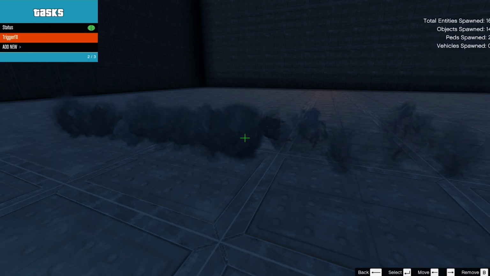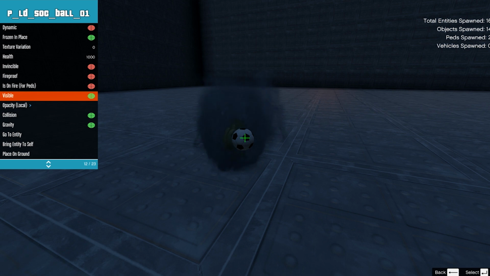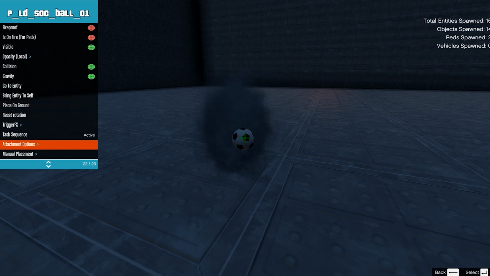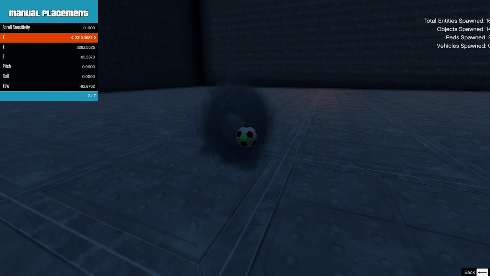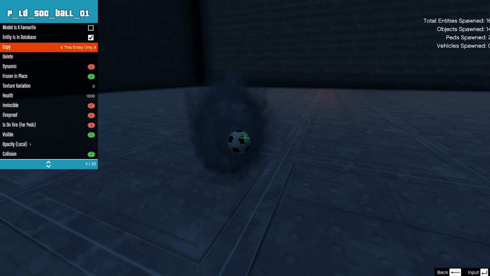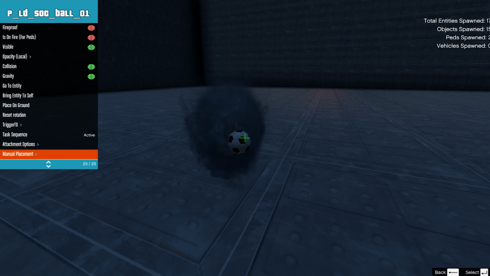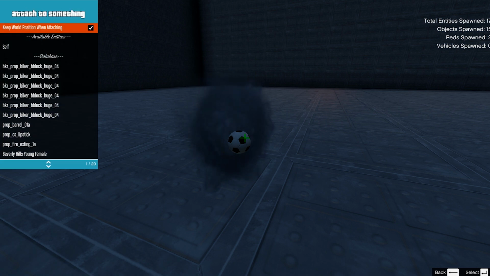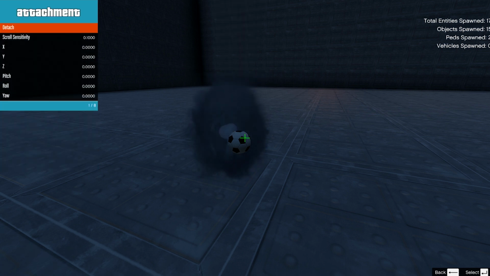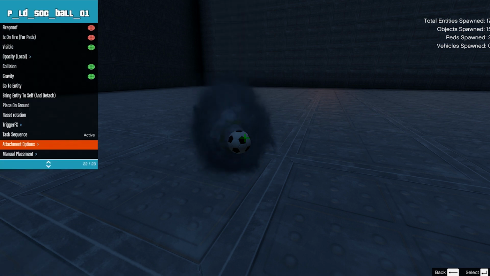If you want not only the effect but also the object to move around, you can see what happens here. The particles are moved along with the object instead of leaving this nice trail. In this case, you can just do as follows. Duplicate the object, attach the copy to the original object, and deactivate its collision.